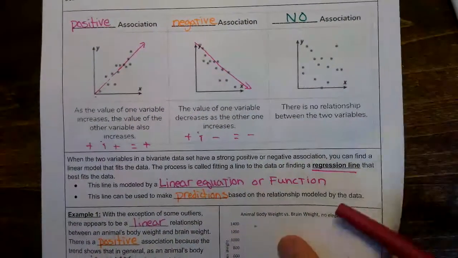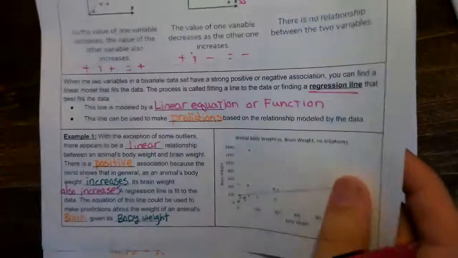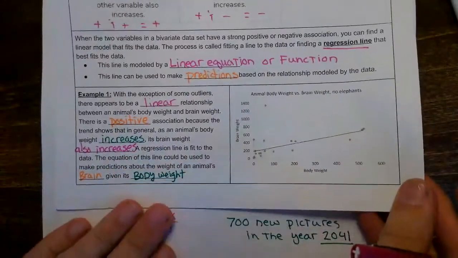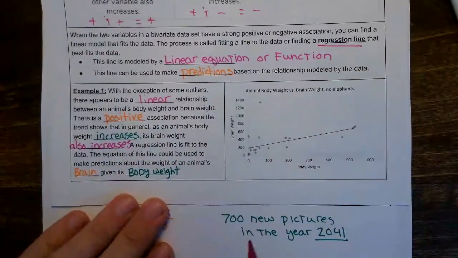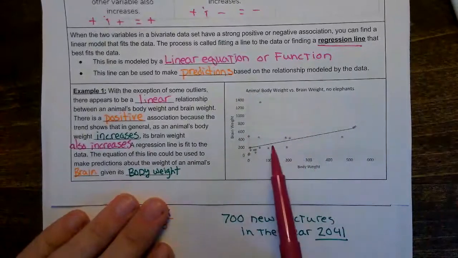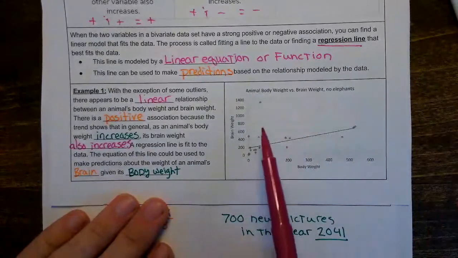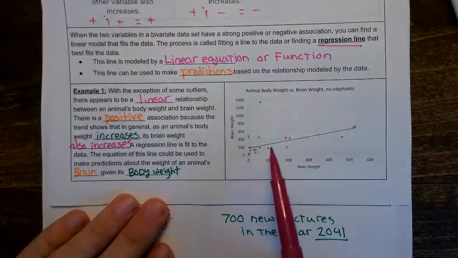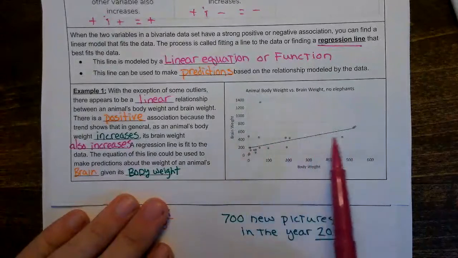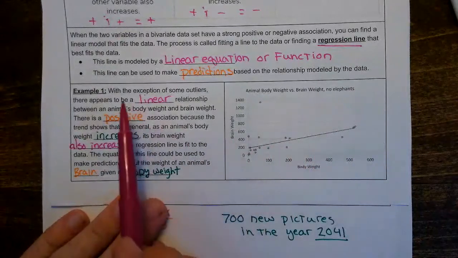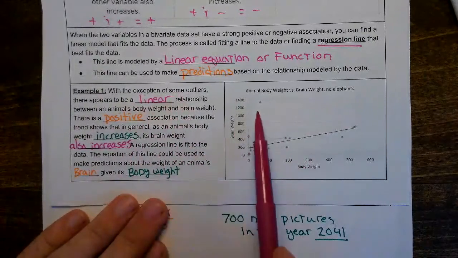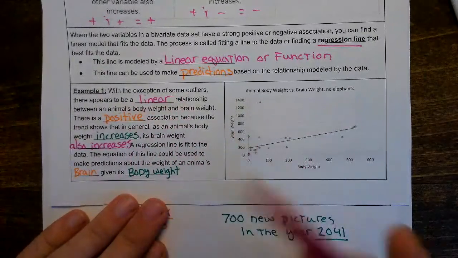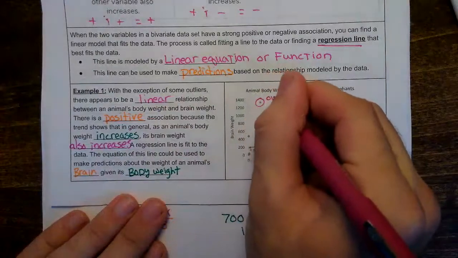All right, to show the first example, we got this guy right here. So this is our scatter plot. It already has given us all the data points and it's given our regression line. So that's right here. With the exception of some outliers, like this guy right here, that's an outlier,